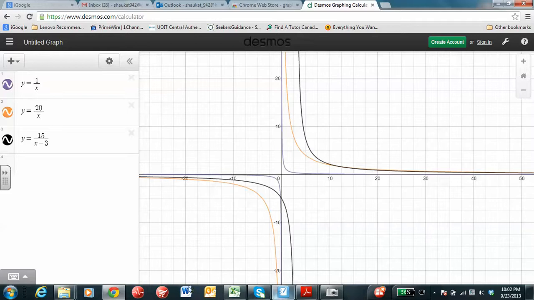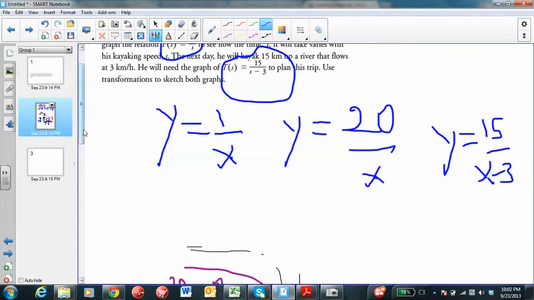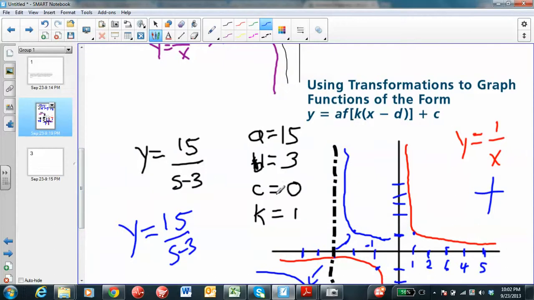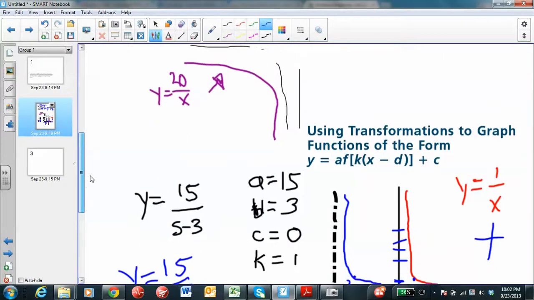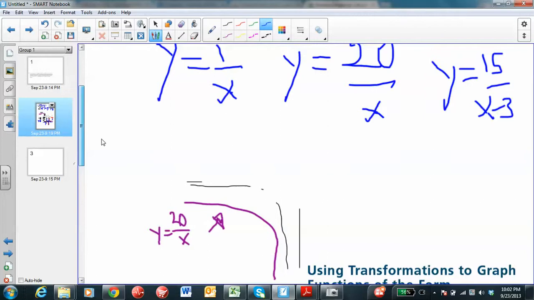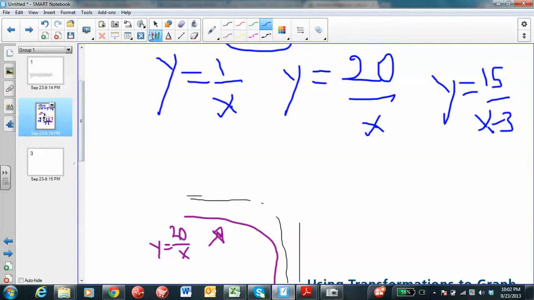So basically, how would you do this yourself? First thing you do is always write the a, d, c, k values to know what transformations you're performing. And then you draw the parent function, which is 1 over x, and then you just draw the transformation. Now if you're having trouble drawing transformations, what I recommend is you make a table of values of x and y,